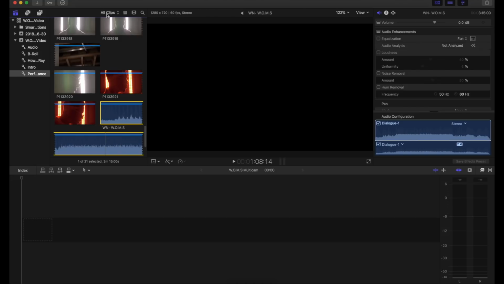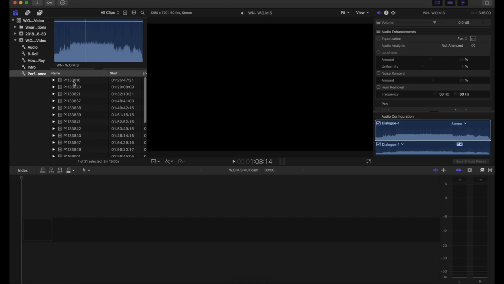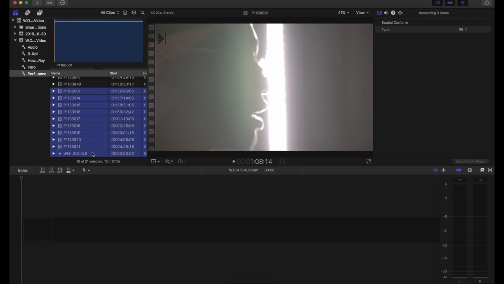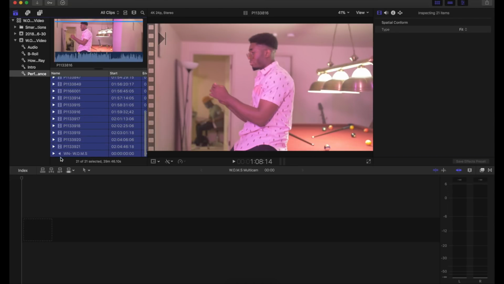So now I'm going to go next to All Clips. You will see right here a drop down, and it's going to show all of your performance scenes as the clip files. What you're going to do is hold shift. You're going to start at the bottom here, hold shift, and hold your arrow key up, and you're going to basically highlight every single performance scene, including this right here, which is your song. You're going to right click and go to New Multicam Clip right here.